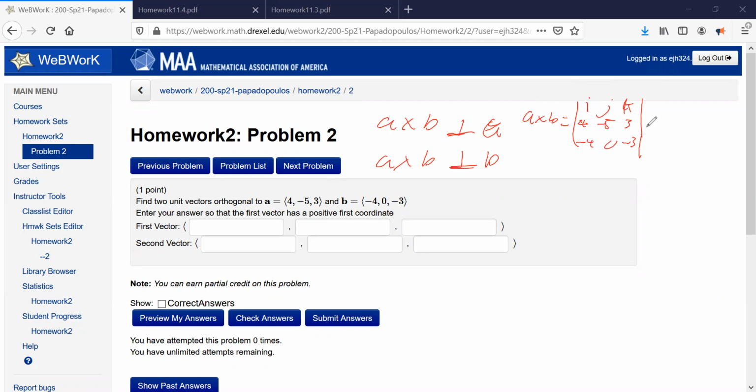So if we do this, then, do people know how to do the determinant? Basically we take the top right and pair it with this. That gives us i times the determinant of that smaller square there, 3, 0, -3, minus, when we move over to the next one, we switch signs every time